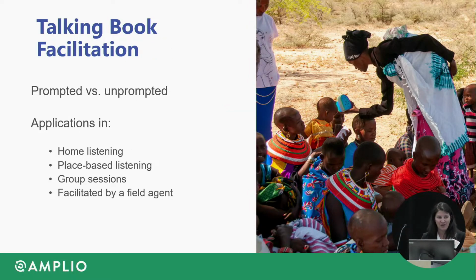We talk about prompted and unprompted user feedback. So people can just pick up the talking book and leave a message, anything that they want to say on the device. Also, we can build some prompts into the messages that are on the talking book. So let's say a project has a message on hand washing behavior, and at the end, the speaker could say, we're interested in your thoughts on this, or what are your barriers to washing hands regularly? And that would be prompted user feedback because it would direct the person to then record their thoughts onto the device.